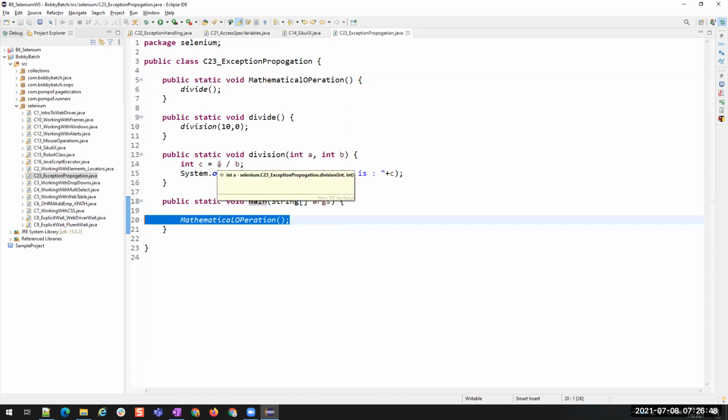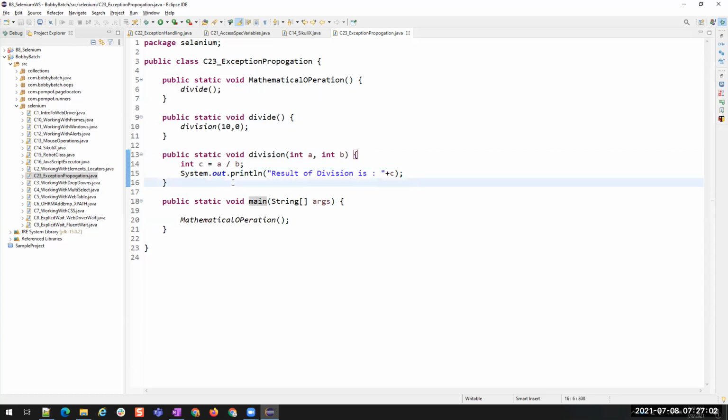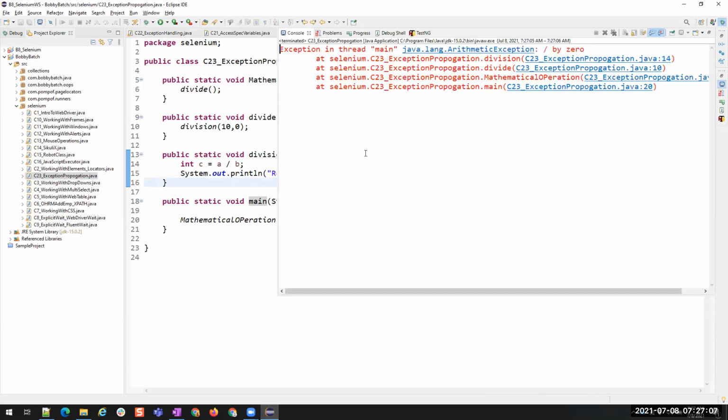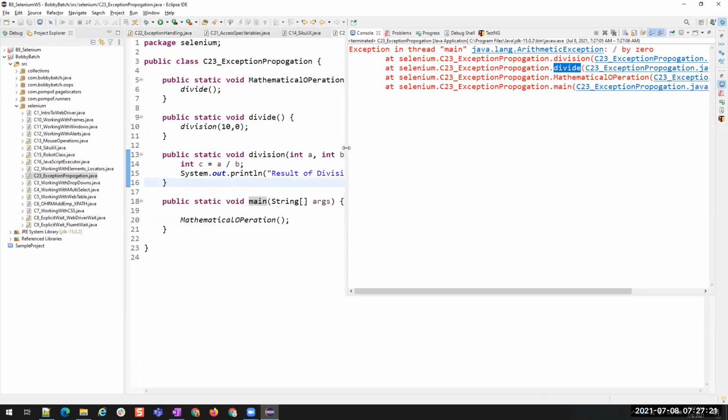Automatically the exception information will be passed on to the calling methods. We don't have to do anything. I did not write anything new, or use any new keywords here. I just created some methods and called methods inside those methods. Right? Now let me run this and show you the sample. You see here, exception propagation, where it started: line number 14. There is no exception handling here, so it went into the divide method. Right? You see here.